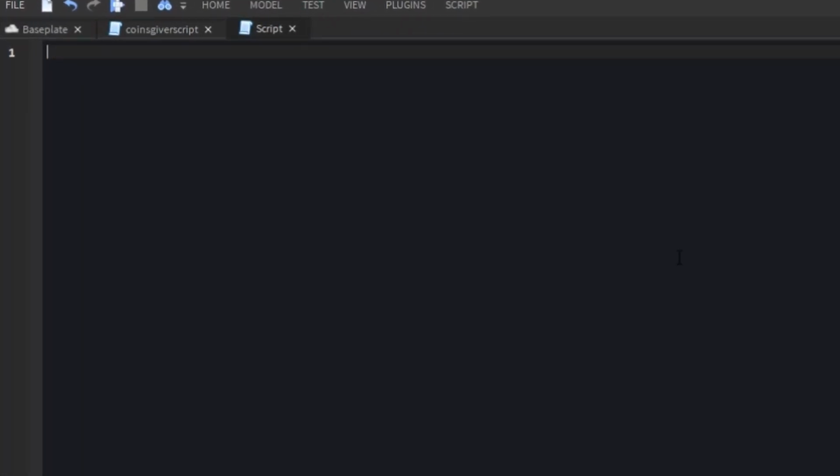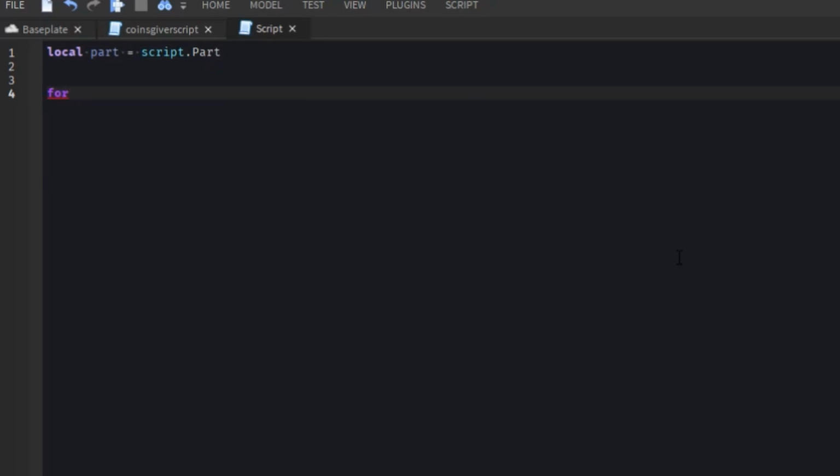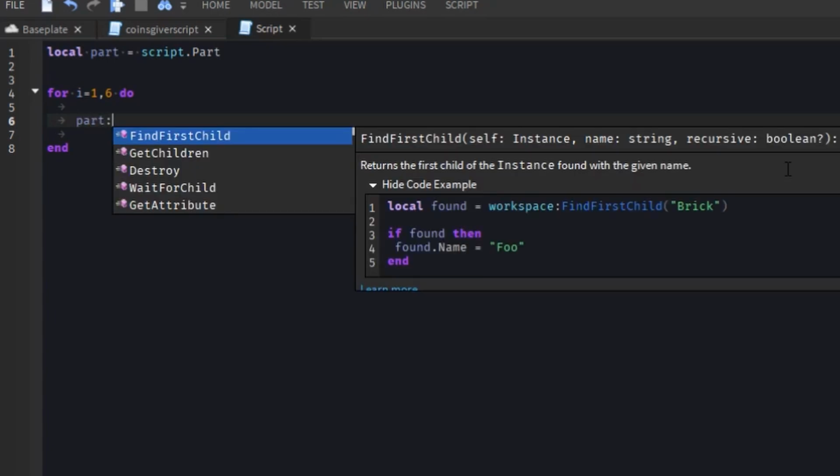And what we'll do is make a reference to a part, and what we're going to use is a for loop, which will allow us to create a bunch of different parts quickly without copy and pasting a bunch of code, which would be really messy. And we're gonna make like 6 parts. I don't know if that might make only 5 or 6, I don't really care. But we're gonna take our part, we're gonna clone it,